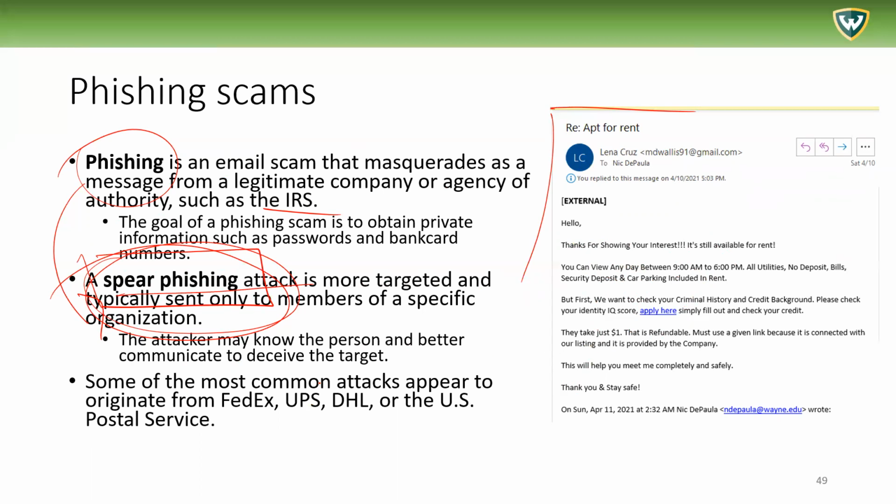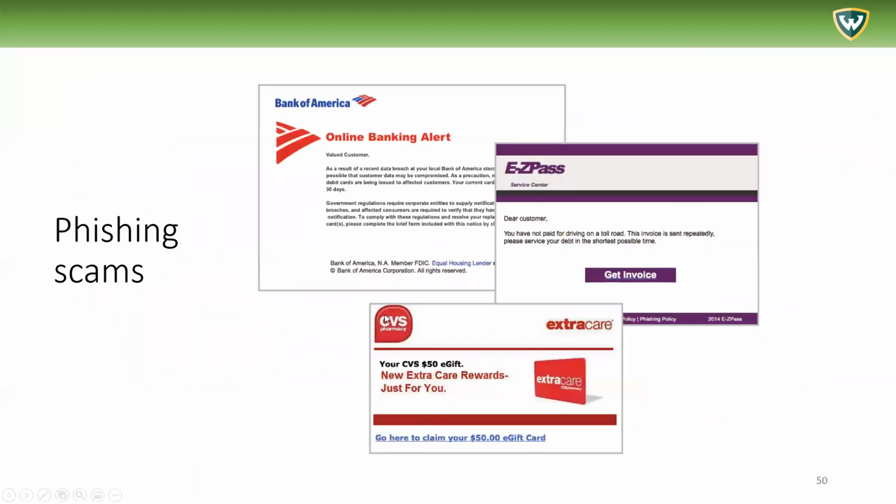Some of the most common attacks appear to originate from FedEx, UPS, DHL, or the US Postal Service, because these seem so legitimate. They're so ubiquitous. They're everywhere. So they usually use these kinds of fake identities, or they misauthenticate themselves as from these areas. So for example, you may see a message from Bank of America that looks like this: valued customer, easy pass.